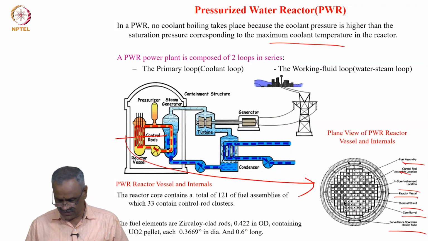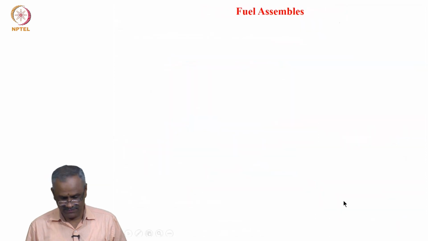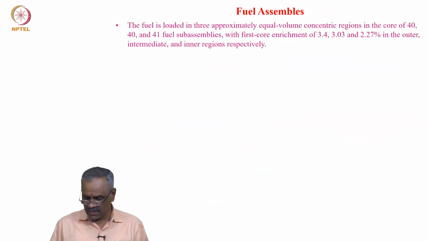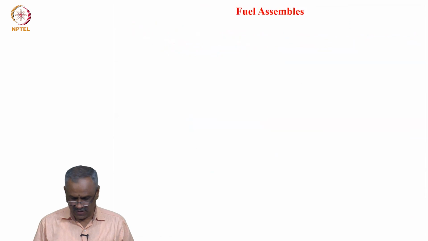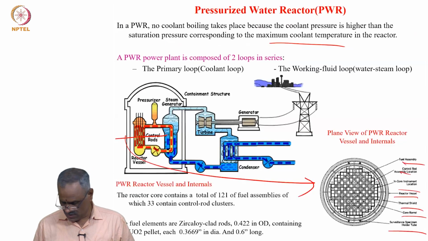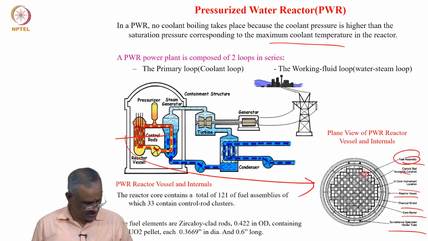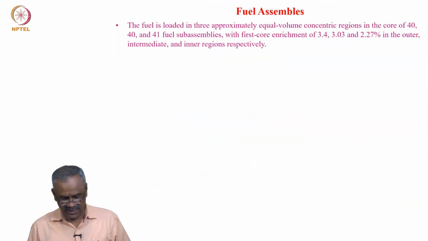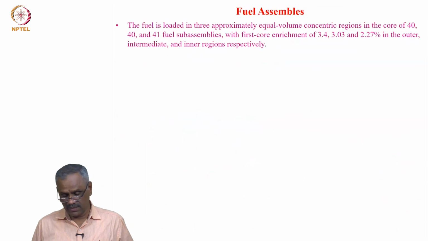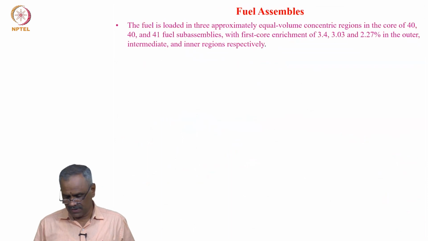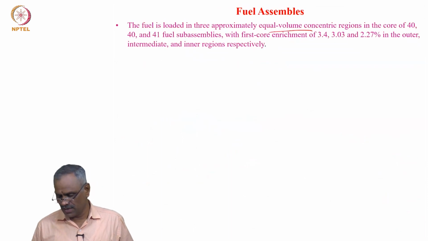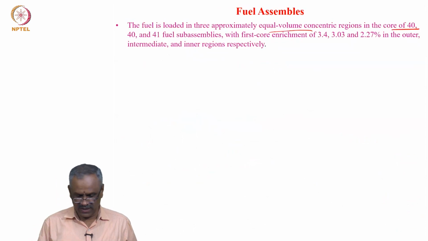You can see the orientation of that as well. Then the fuel assembly is another important component. You can see here, this is the fuel assembly, and it looks like this. Fuel is loaded in three approximately equal-volume concentric regions in the core, of 40, 41, 40, 41